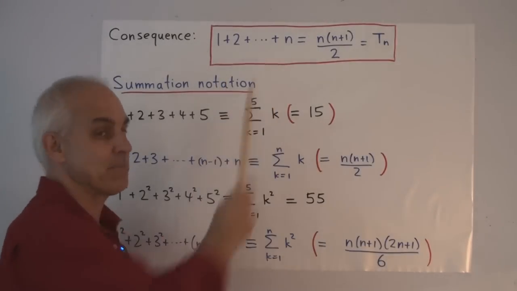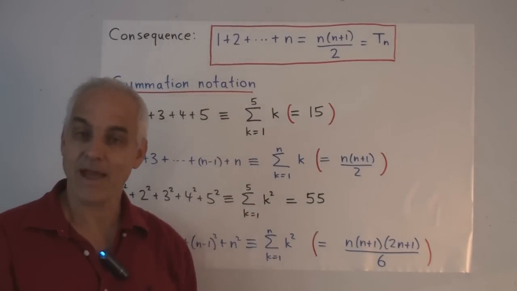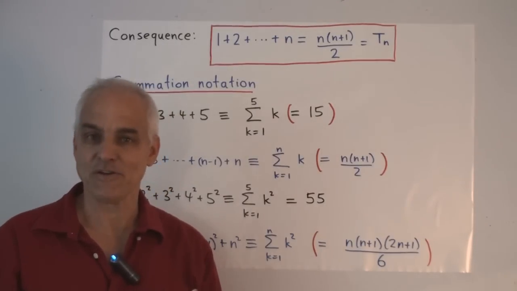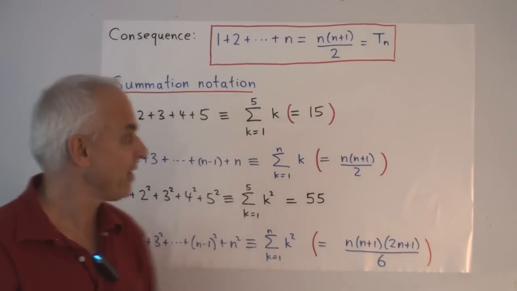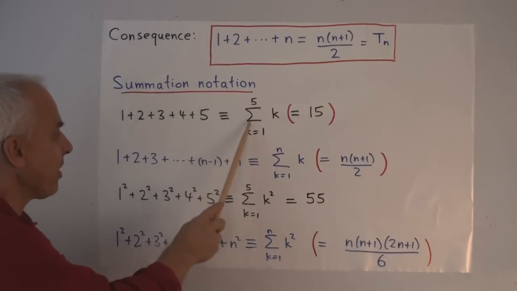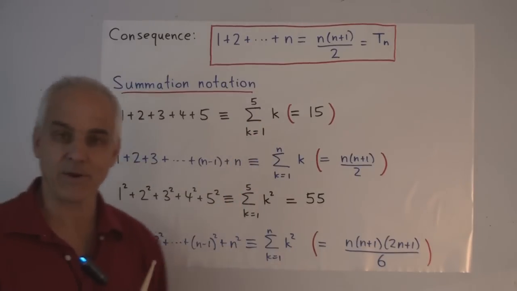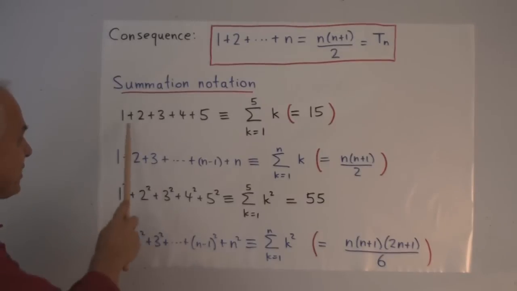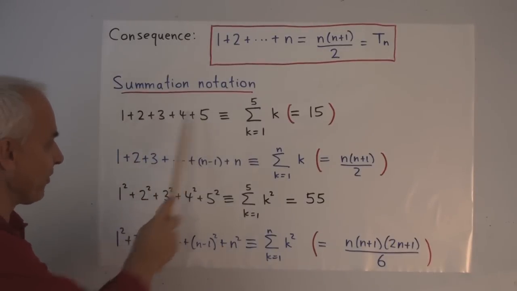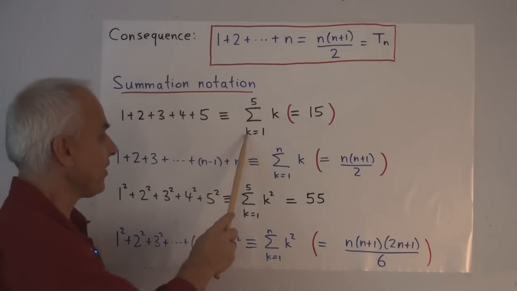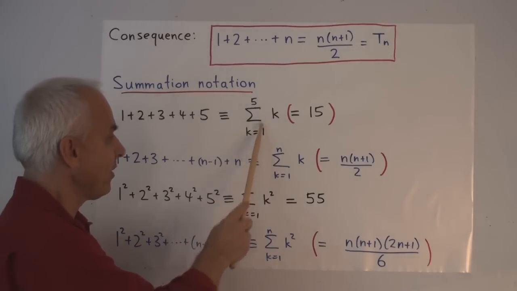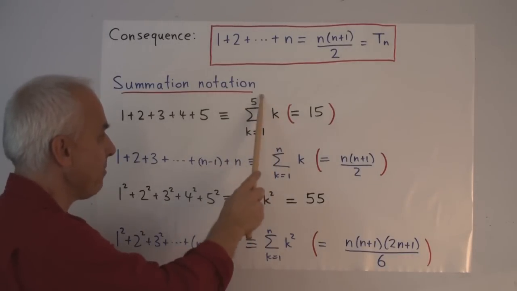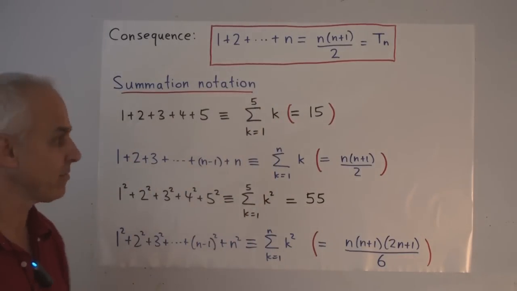This kind of formula is sometimes a little bit ambiguous. And so we mathematicians like to introduce a more precise notation for talking about sums. This is the summation notation represented by this capital Greek letter sigma, sigma for sum. So here's our convention that instead of writing 1 plus 2 plus 3 plus 4 plus 5, we'll simply write the sum from k equals 1 to 5 of k. So this expression right here means this by definition.